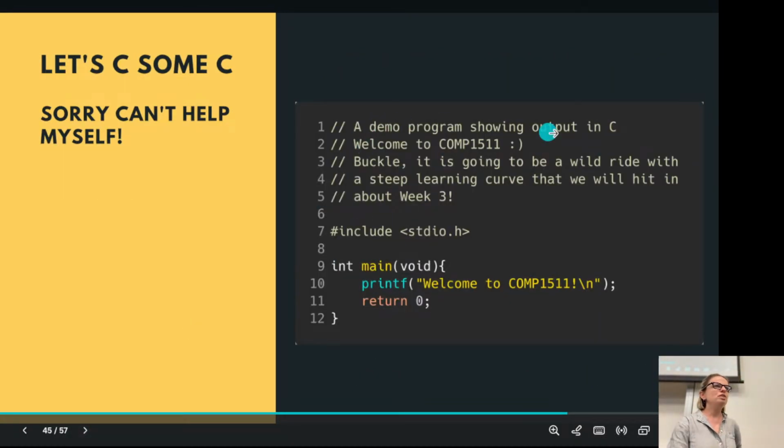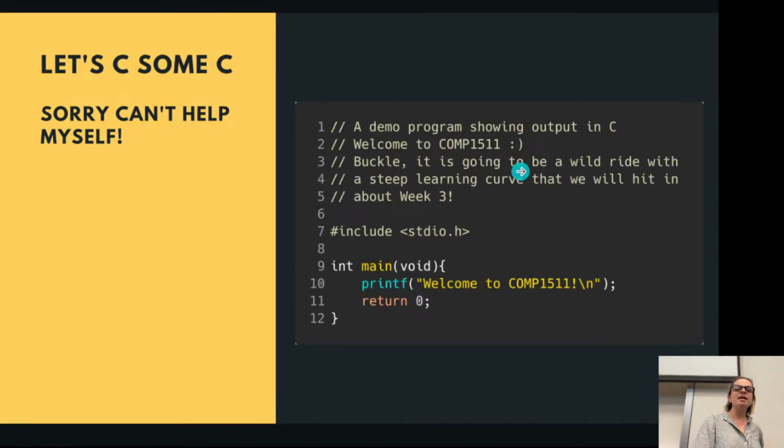Okay, so this is what a little piece of code looks like, and this one is very little. So this stuff here, that's your comments, okay? This is not visible to the computer. The computer skips this when it compiles, and we'll talk about what a compiler is in a second. But basically, this is for human eyes, okay? I'm writing what this program is about, and I clearly can't write. Buckle, don't worry about buckling in, just buckle.